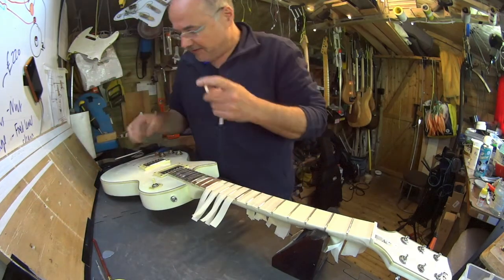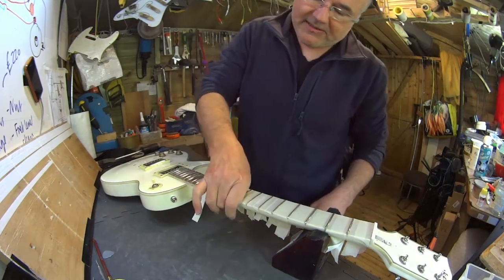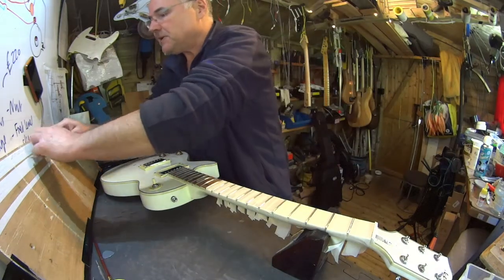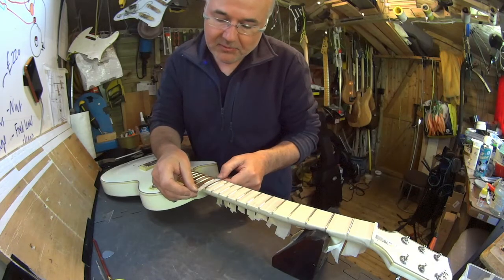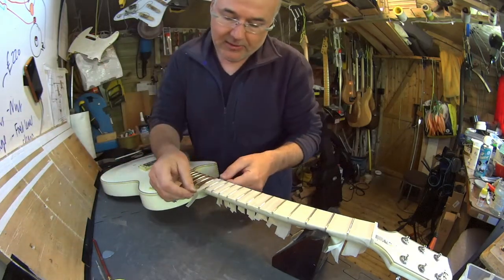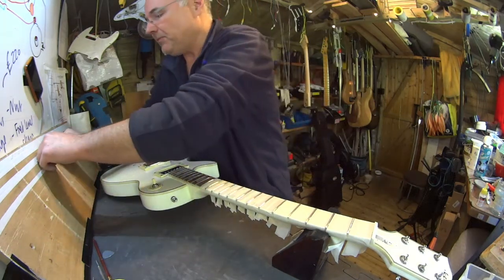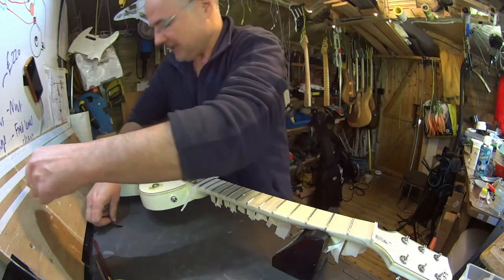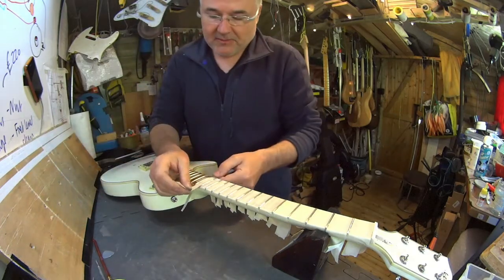But like I said, the posts have just fallen straight out of this. It isn't a problem because they only stay in under pressure. The bridge is being pressed in and so on, so it's not the end of the world. But it probably wouldn't hurt to have them lightly glued in. They're not exactly going to need to come out again, and you don't want them pulling forward. The other thing too is that unusually it doesn't have a bridge earth, which is typically, I'm